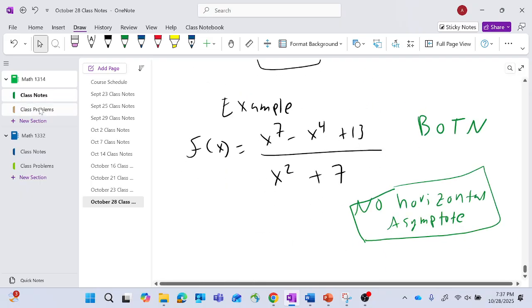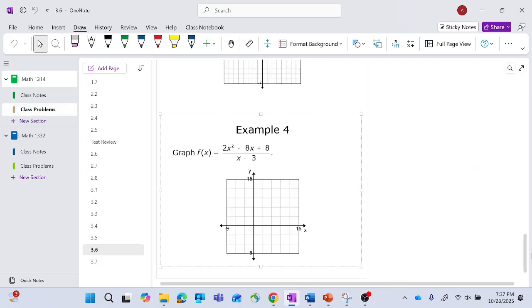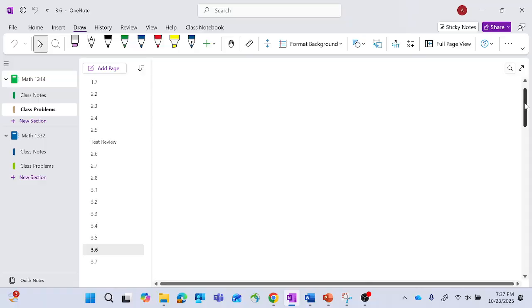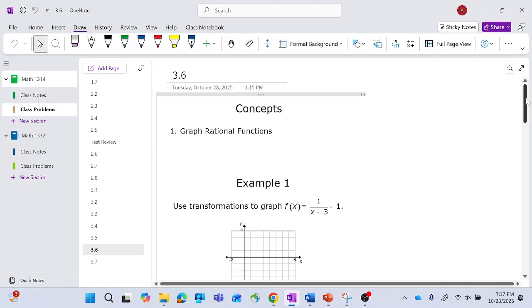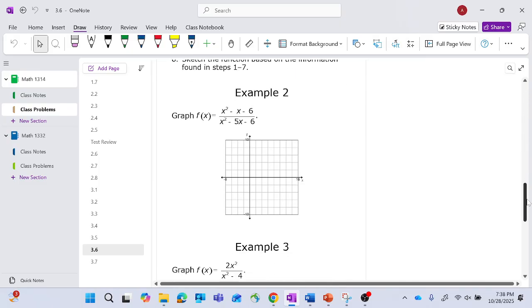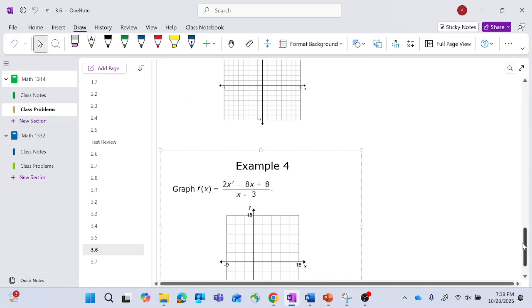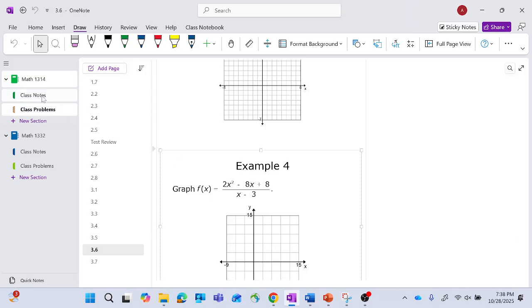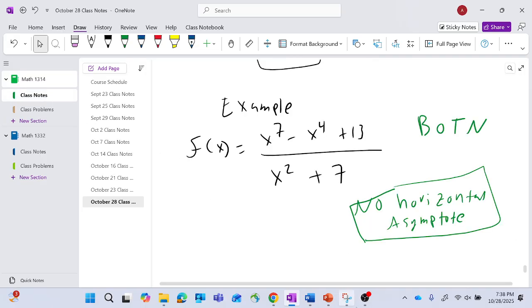All right. How long is 3.6? 4 examples. I mean, it's not terrible, but it's going to take more than 10 minutes. All right, that's it for today. Let me take attendance, and then y'all can